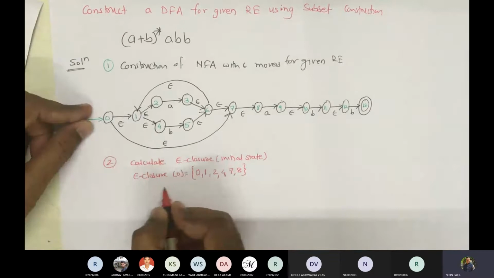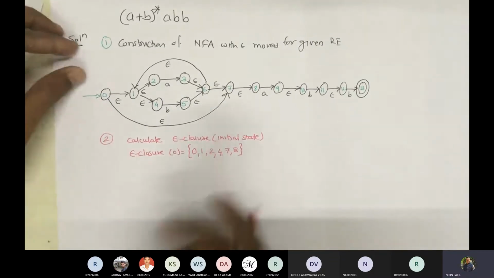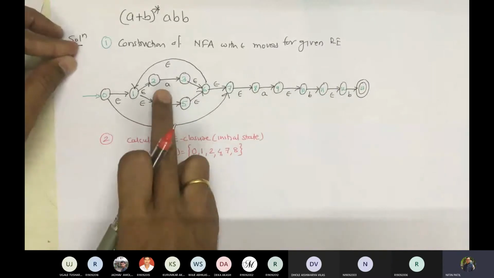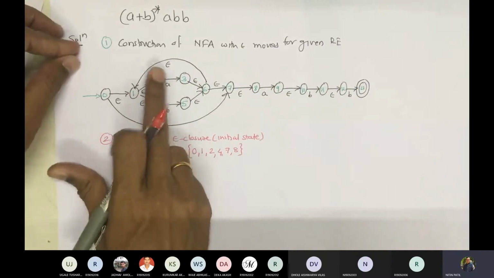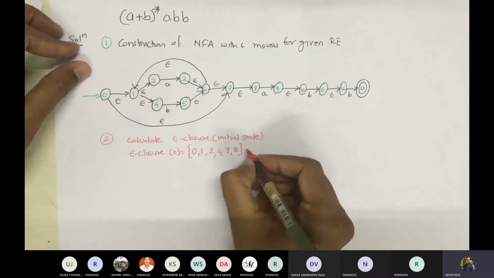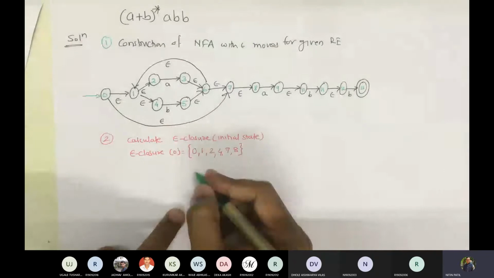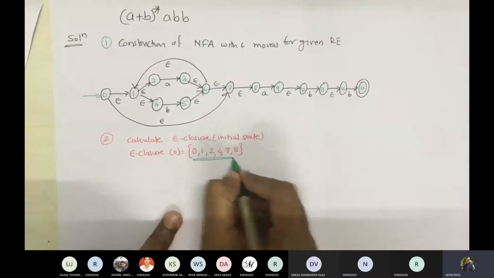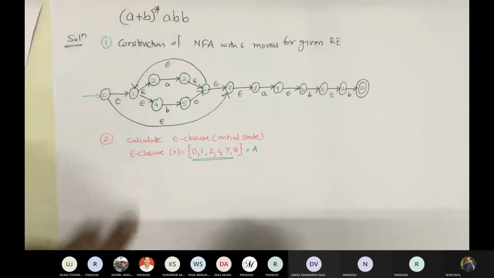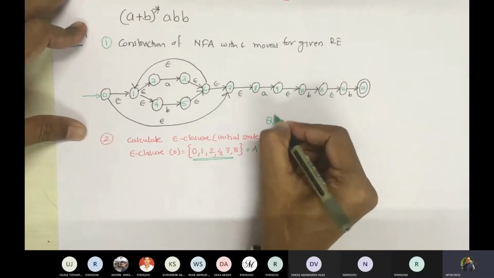Fine. Now we have to apply a loop. This loop will work with each input that is available in this NFA. How many inputs are there? Except epsilon, there are A and B. For now, whatever epsilon closure we got, we will call this one state, and we'll name it, for example, A. Then we construct a Q dash.